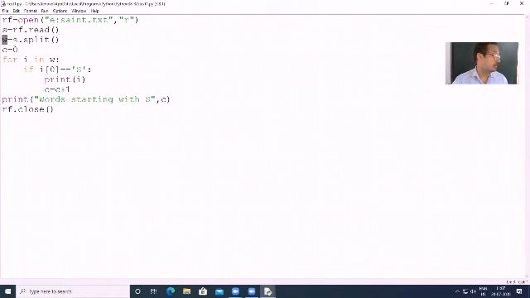No. What it will do, it will divide. It will first read the line, and after that it will split that line into number of words. Okay, and remember, once the line is divided into words, that means all those words are stored in the form of a list. So I am taking the first character of that. So I of 0. Okay.